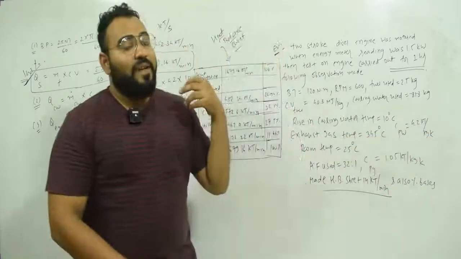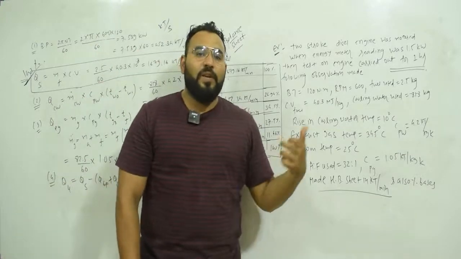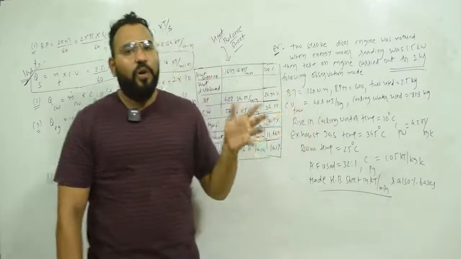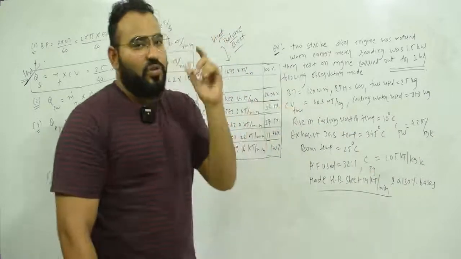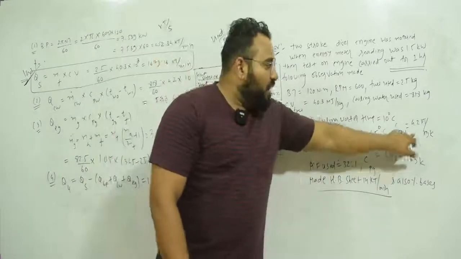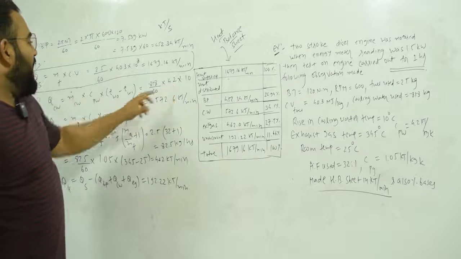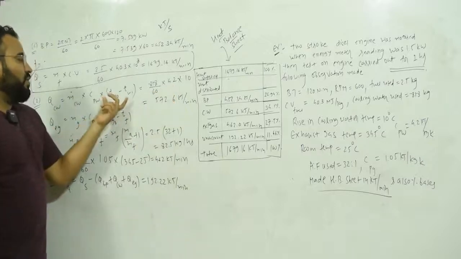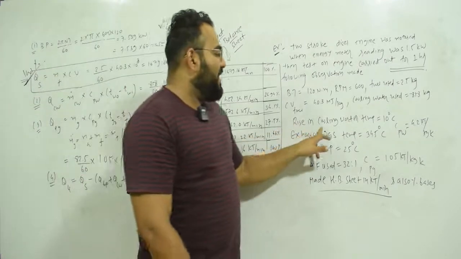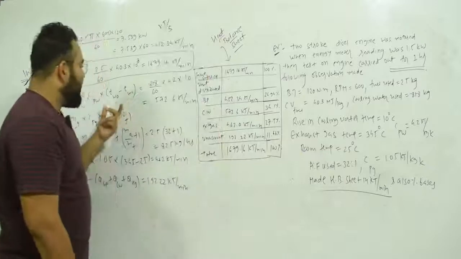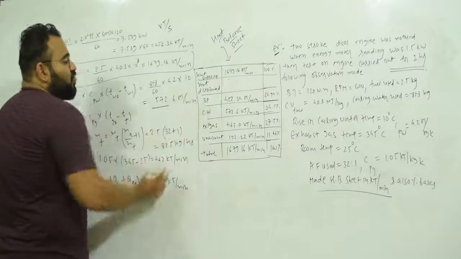And sometimes if they do not give the specific heat of water, then you have to remember that in heat transfer the specific heat of water is 4.18, or you can take 4.2 kilojoule per kg Kelvin. You have to remember it, because sometimes in the exam they will not give it. Here it is given as 4.2, so we will take 4.2. Now cooling water out minus cooling water in is the rise in temperature of the cooling water. Here the rise in cooling water temperature is given as 10 degrees Celsius. So multiply by 10, and our answer will be 572.6 kilojoule per minute.